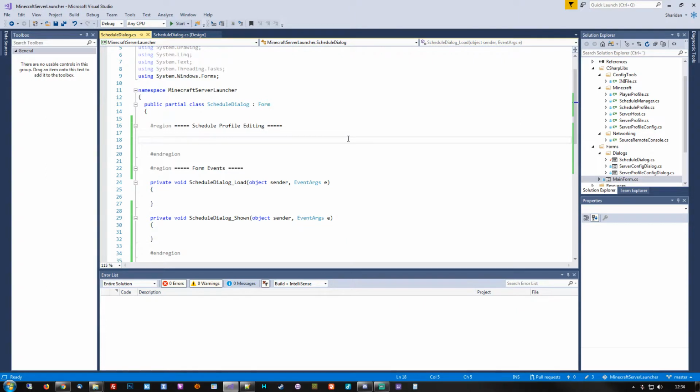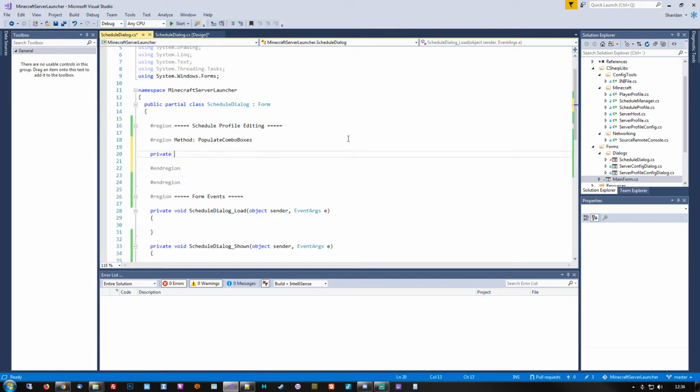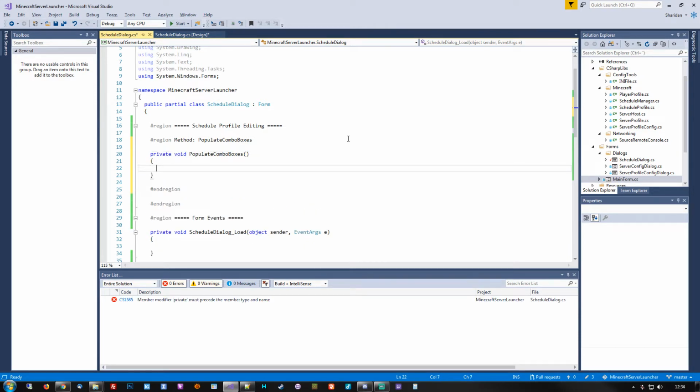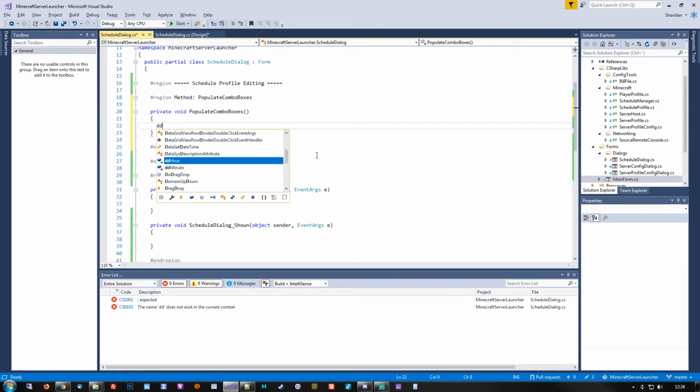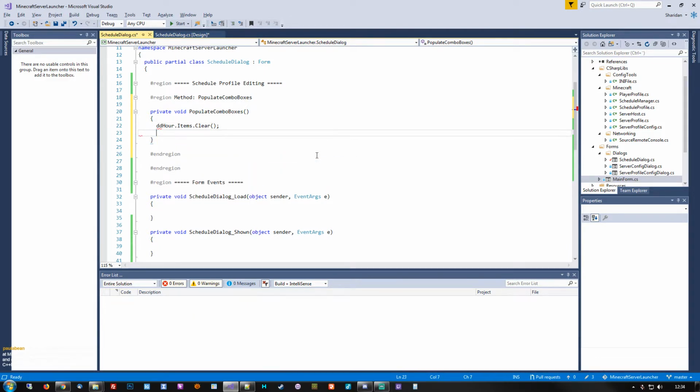we definitely need to set up those combo boxes. So let's get that done. Put in a method here, populate combo boxes. It doesn't matter what it's called, as long as we've got a method that does it. There we go. And we have one called hour, and we have one called minute. So we'll do the hour first. That's the easiest one. Our items clear, and then